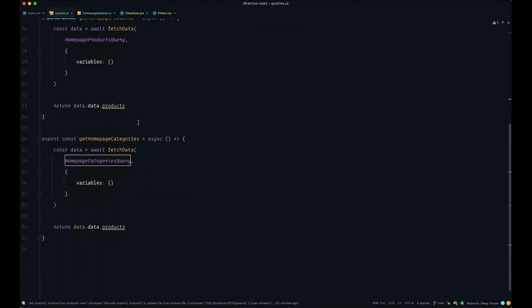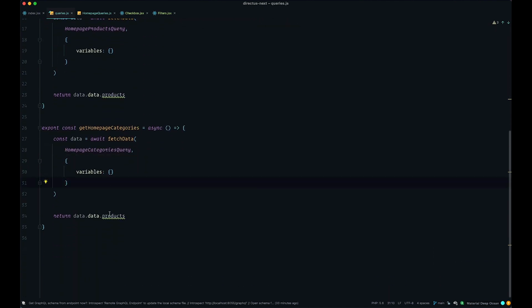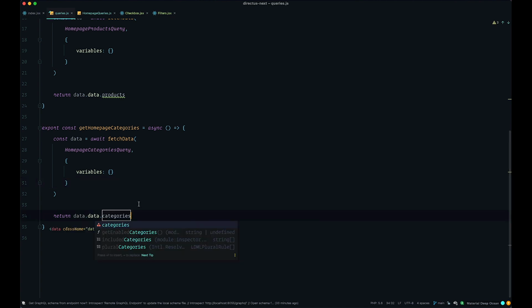Okay, homepage categories query. Now, one thing we need to change right here is this is going to be called data categories. Okay, so now we have set up our queries. We have set up our query method. Next thing we need to do, we need to create our React query method and then display those categories on